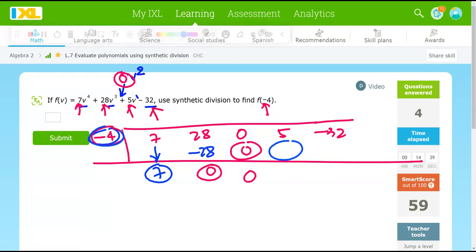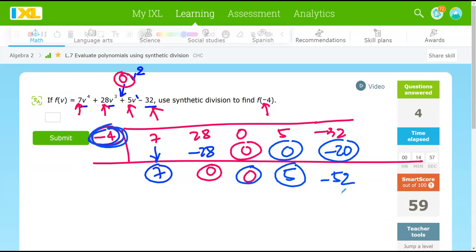So I take negative 4 times 0 again, which is also 0. So when I add together, it comes to number 5. Okay, now I want to find a number right here. So I take negative 4 times number 5, which is negative 20. So I come out at negative 52. So negative 52 is the remainder,